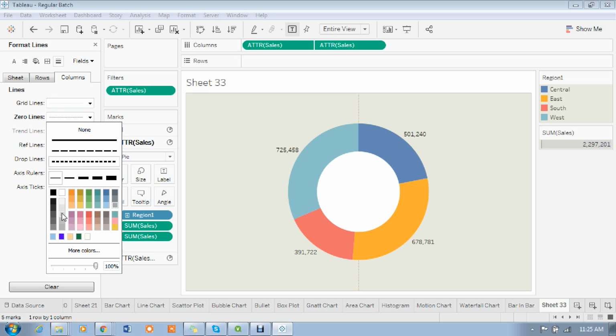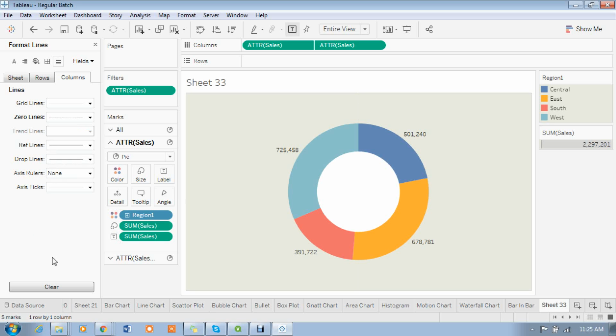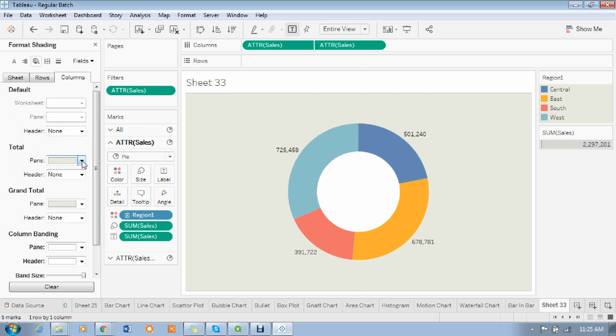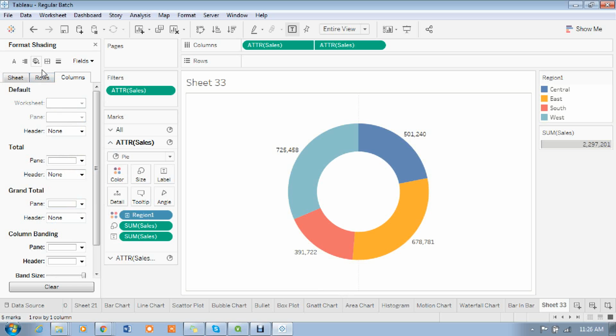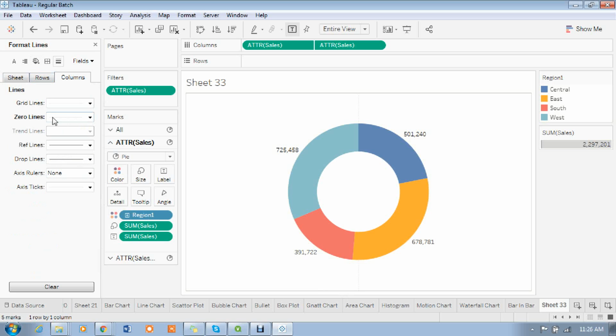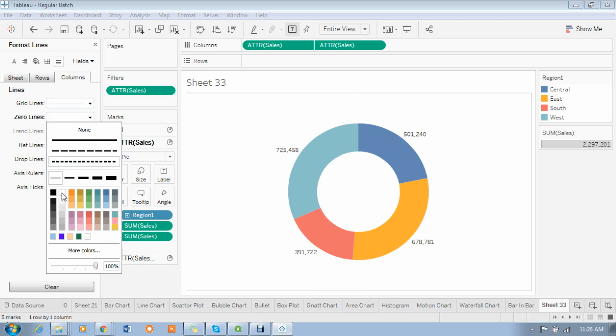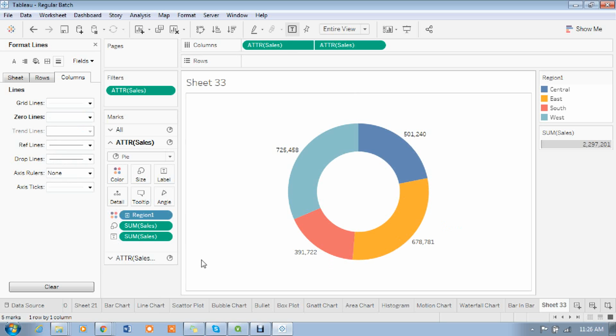Which color did we apply? Yeah, that's the one, the same color. Now you don't see that line actually. Okay, this means it is the zero lines, madam. Now it will be fit in the same color. If it is a white color, madam, okay, it is the pen, right, madam? Okay, sheet. If I apply white color here, now you can still see the zero lines, right, madam. Still apply white lines, madam. Then you don't see that.